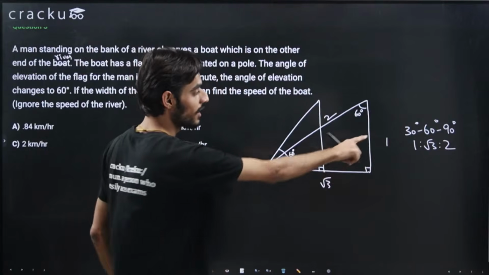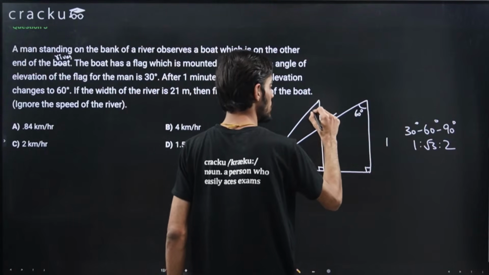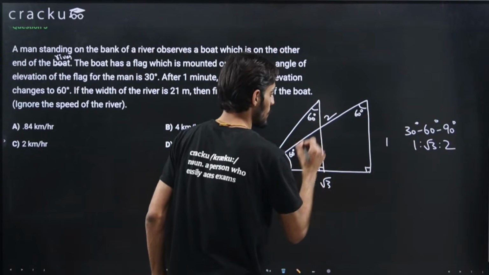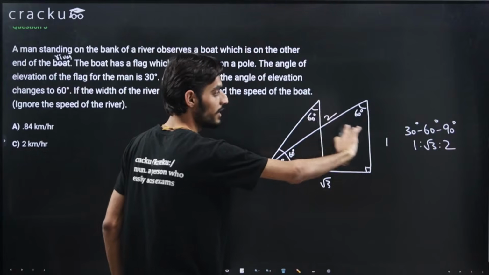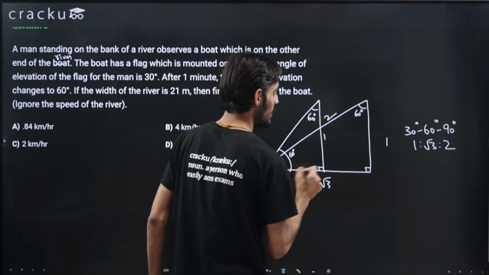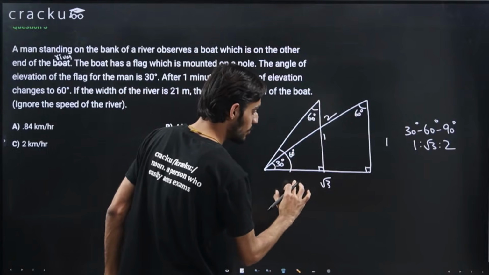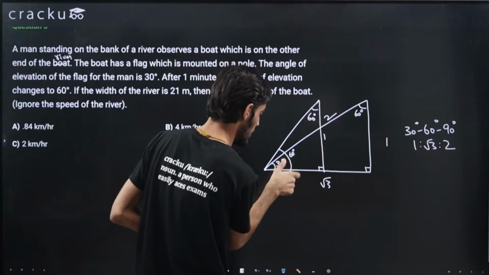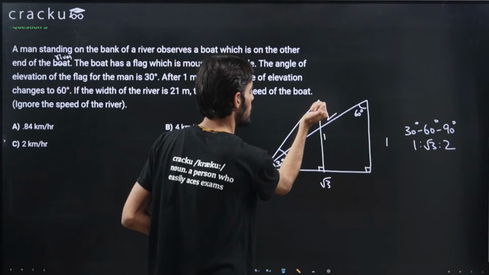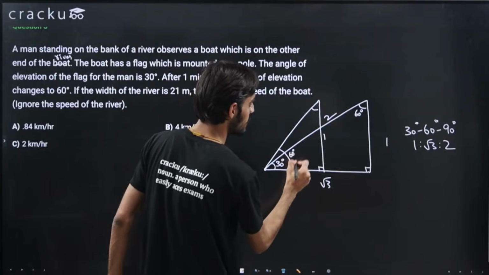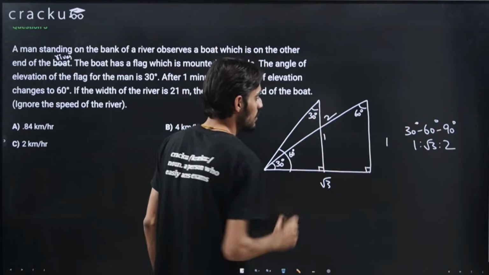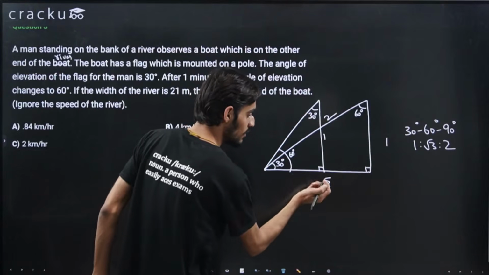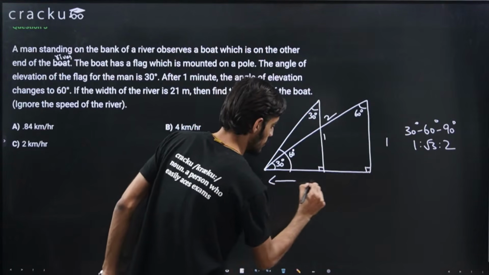Likewise, we can apply the 30, 60, 90 rule in the second triangle also. So if this is 30 degrees, in front of 30 degrees it is 1, and in front of 60 degrees it will be root 3. I think I've made some mistake. Okay, right, in this triangle this is 60. Because this is 60 degrees, this will be 30 degrees. So in front of 30 degrees it should be 1 in terms of ratios. So this complete side is root 3.